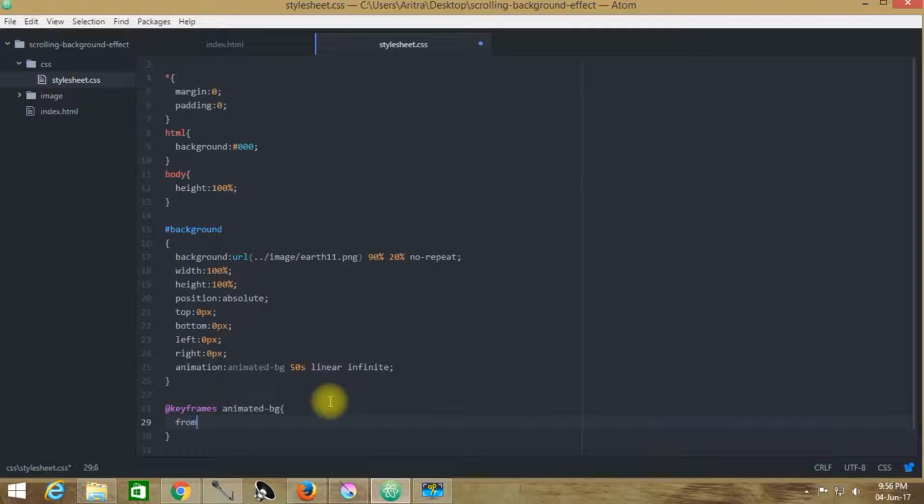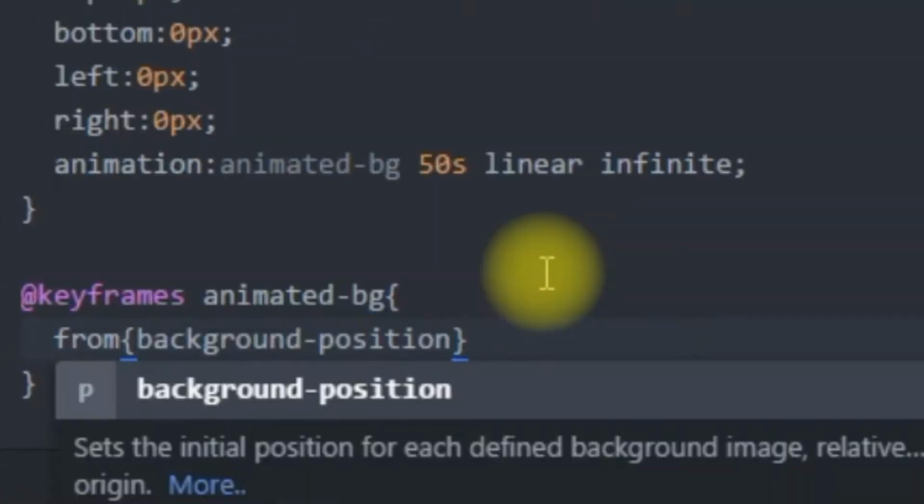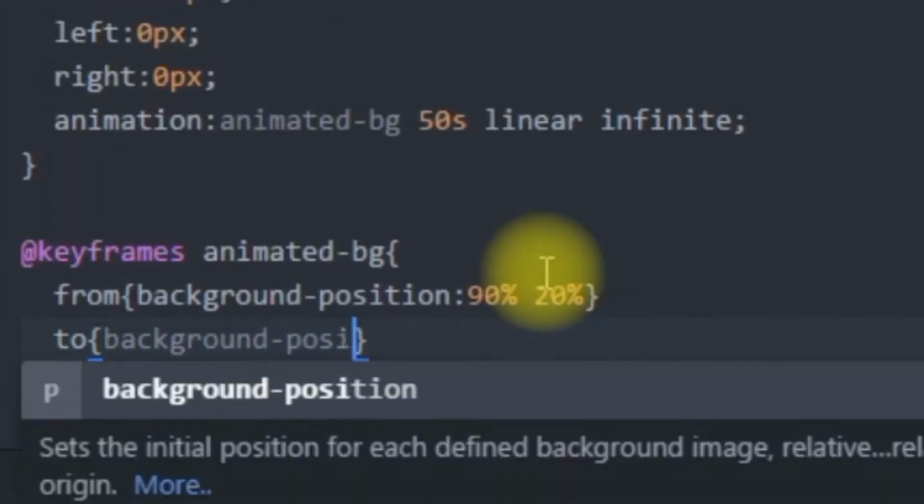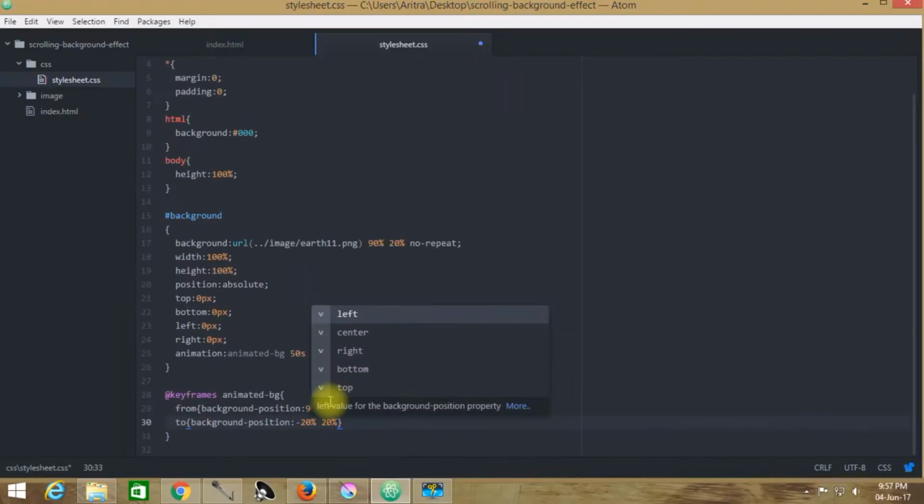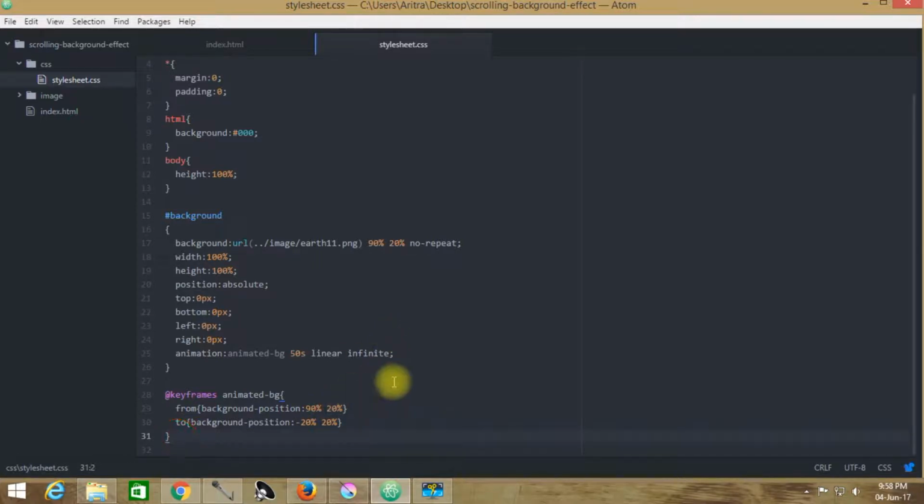Now there goes the animation. It may raise the question of why this kind of coding over here. As we can see, this is the initial position of the planet. From this position it will march towards this position, which is at a minus 20% margin from the left and 20% margin from the top. The top percentage is intact, it never changes, as we can see here.